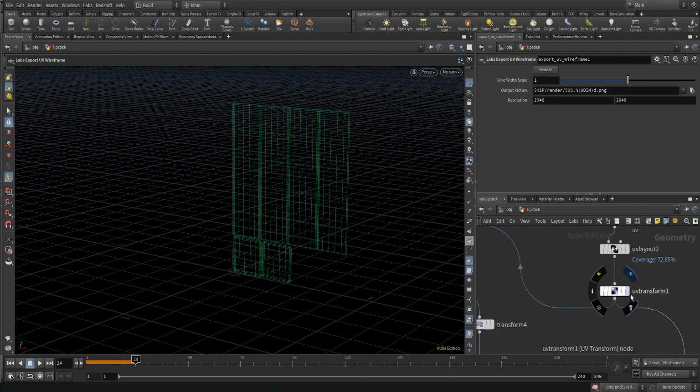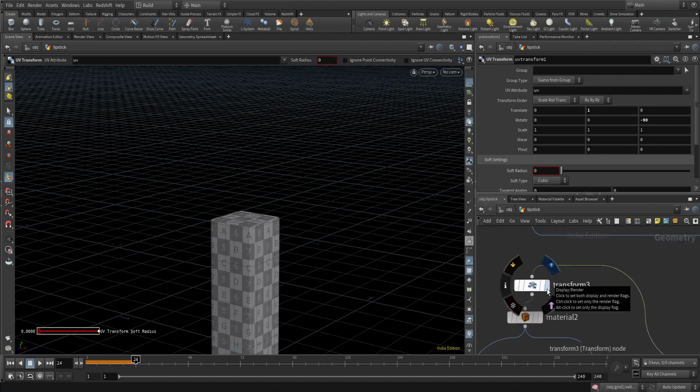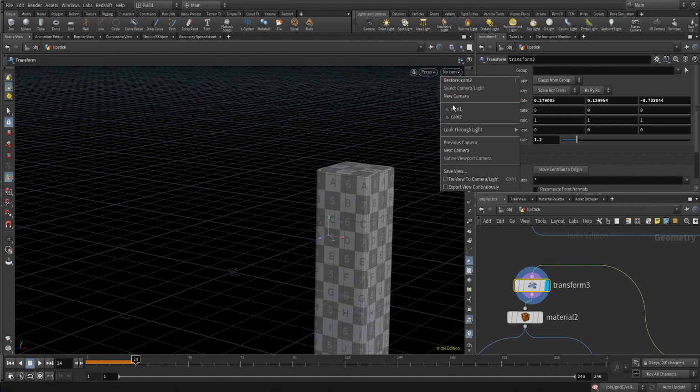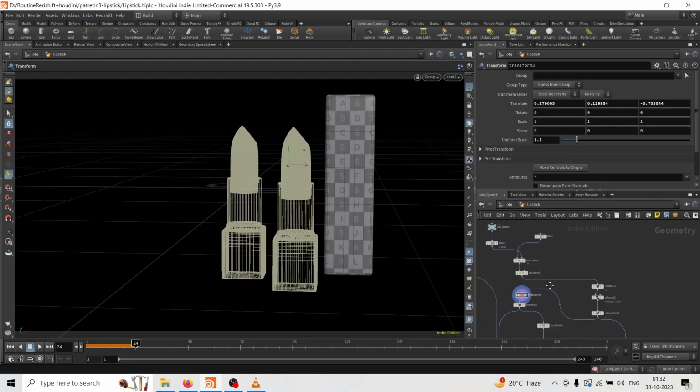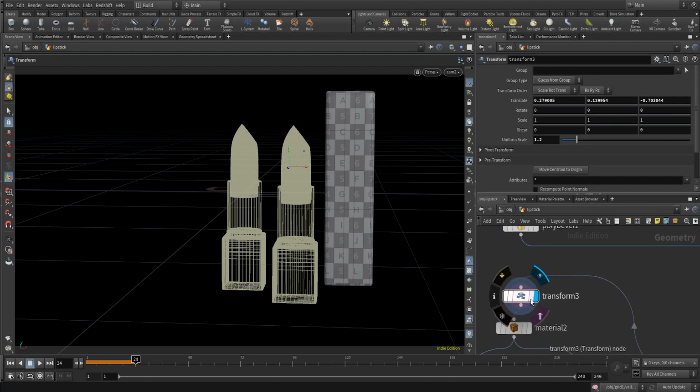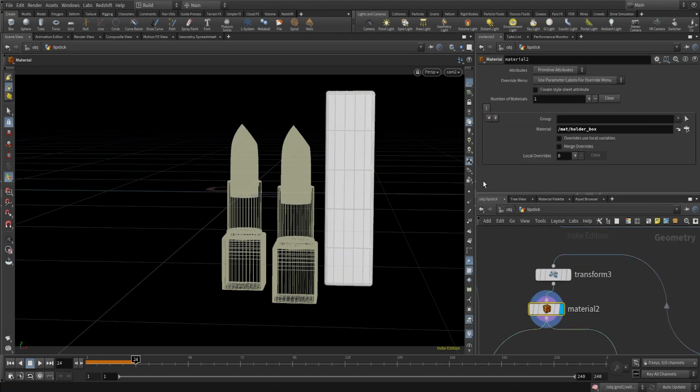Okay, after fixing the UVs, I've used a transform node, and I placed it just behind this lipstick, because I wanted this box just behind it, so that's where I have adjusted its position. And I've also increased the size because the box is going to be a little bigger than the exact dimensions of this lipstick. So that's that. I've used a material for this packaging box,